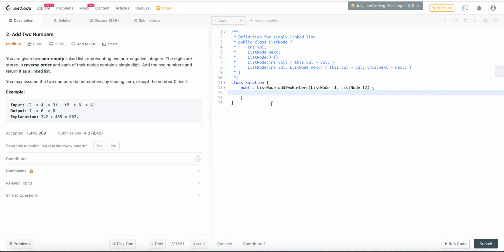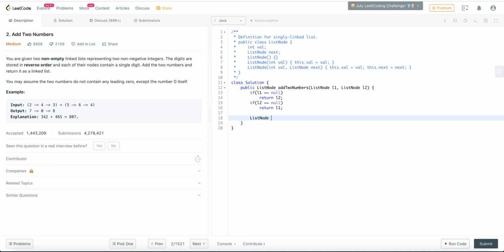They already said that the two linked lists are non-empty, so we don't have to write the edge case. But it is always good practice, so if L1 is equal to null, then in this case I would return L2. And if L2 is equal to null, I'll return L1. Now in both cases, even if both L1 and L2 are null, that's okay, we'll be returning null. And if not, then we'll say